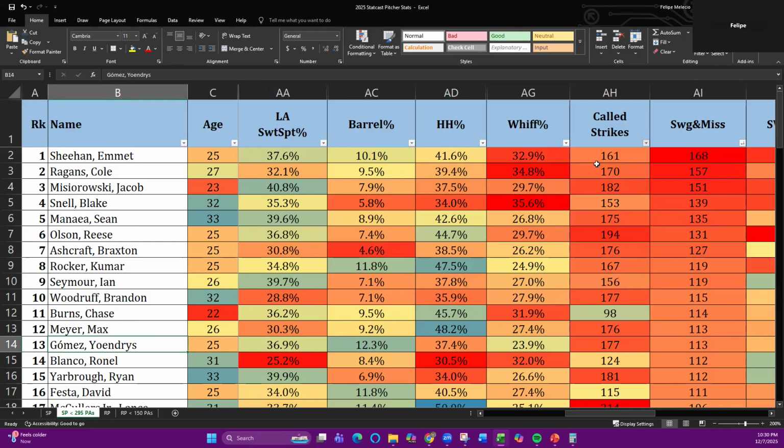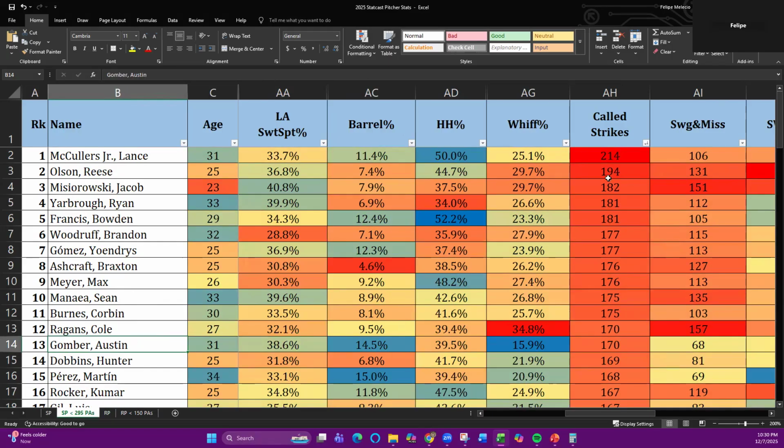Conversely, even call strikes. I mean, it's the usual suspects. Lance McCullers, old veteran, all reliable. Reese Olson, Misiorowski, Ryan Yarbrough. There's a guy who just keeps getting chance after chance after chance. There's really no redeeming qualities to this guy, but he just goes out there and produces when he doesn't get lit up. There's Bowden Francis, although that's a little bit of a concern. Maybe we should do that. So, yeah, lots of call strikes, lots of swing and misses, but for Lance McCullers,